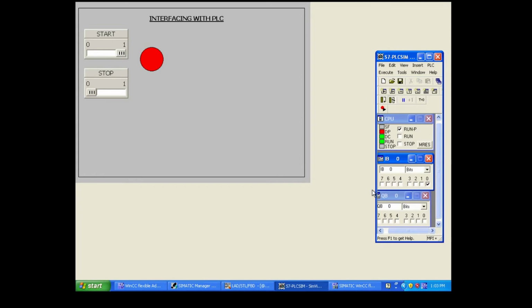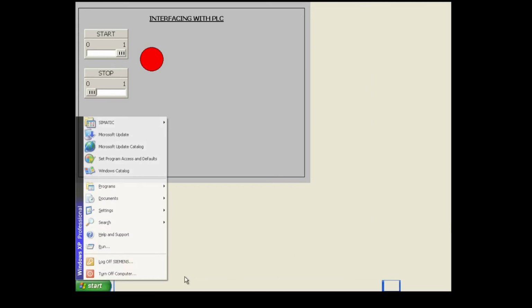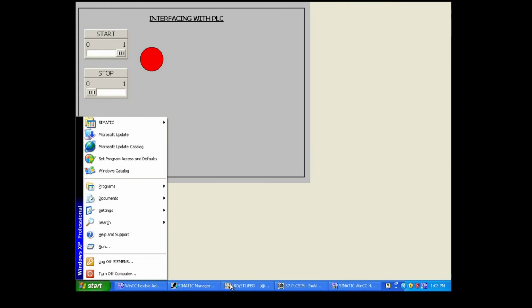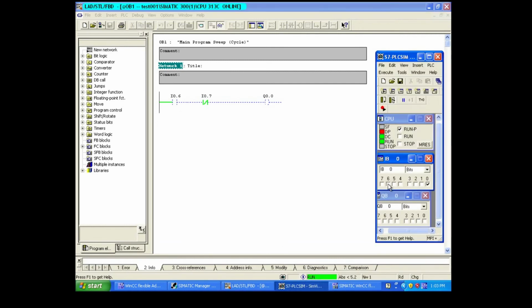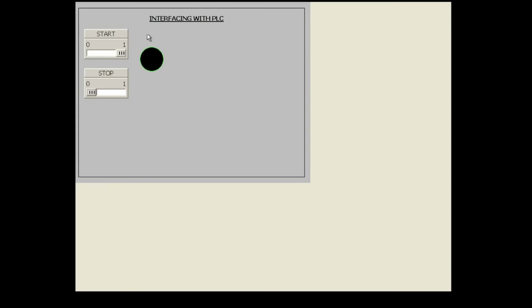Why is it not happening here? We'll check it out. Let's see in the PLC program. I have not turned on the corresponding output. For example, go to your simulation window, turn on I0.6. Your output is on. Let me check in SCADA.